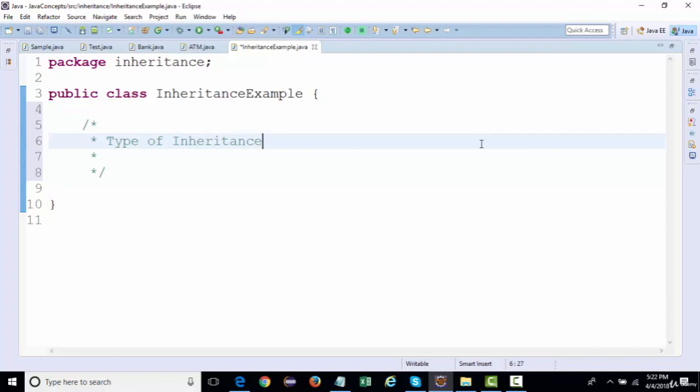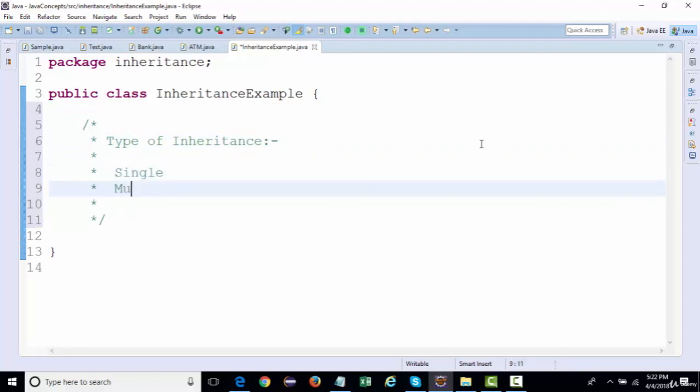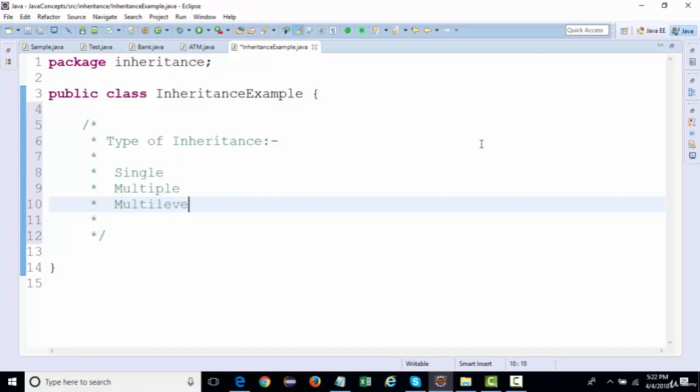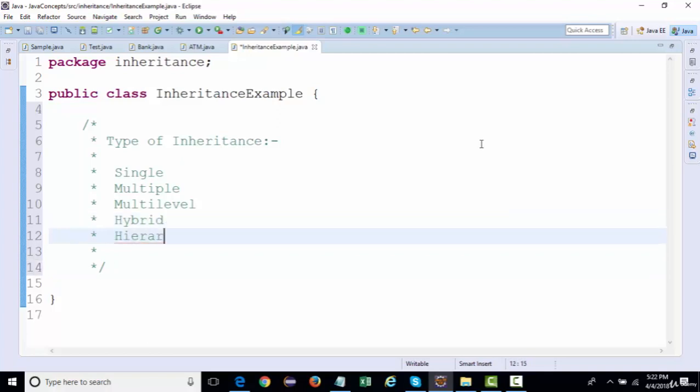So if I talk about inheritance, you may have heard about single inheritance, multiple inheritance, or it could be multi-level. It could be hybrid. You may have heard about something called hierarchical, right?